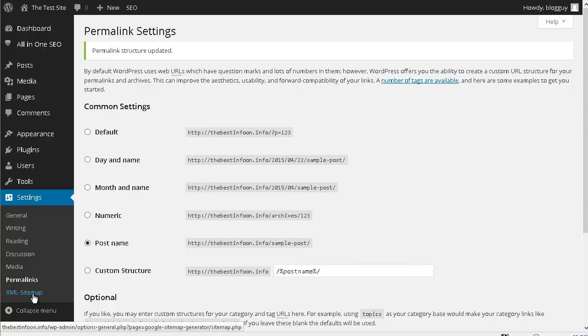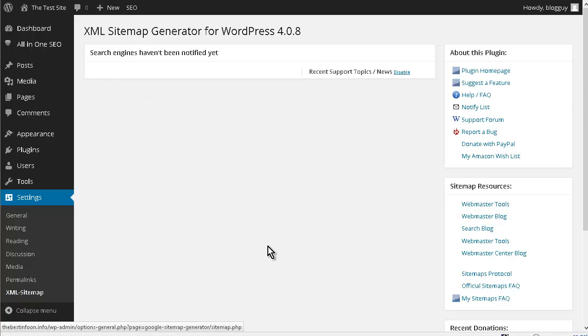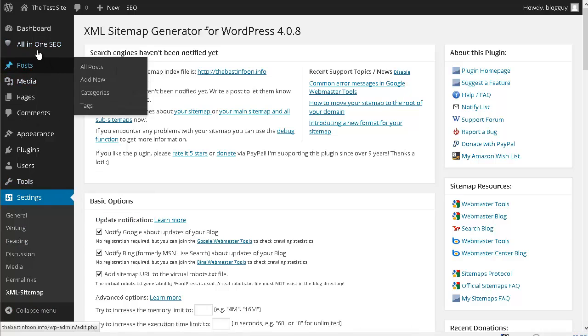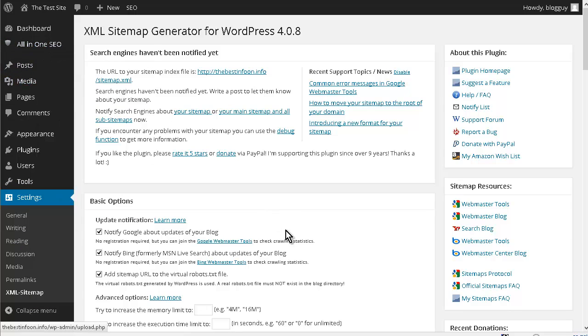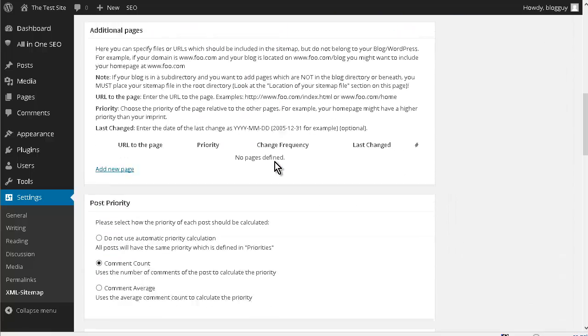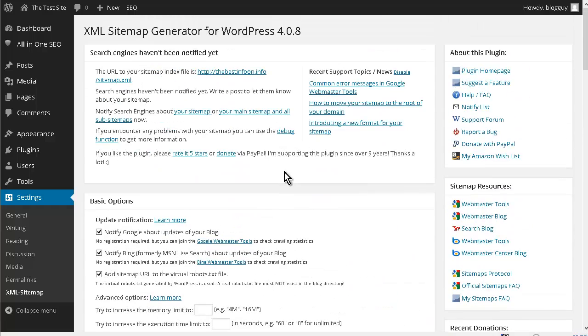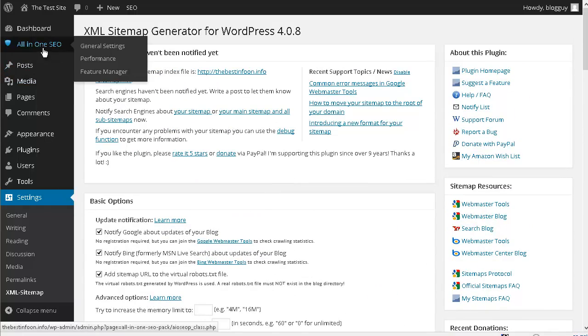Now we have here XML sitemap, and that's because we installed the Google XML sitemap. Okay, so whenever you install a plugin, you will see the settings either inside the settings here, or it will put it somewhere else in this bar on the left, and it could even put it up in here. I think the All in One SEO pack is up here, so we'll get to that in a minute. Okay, so at this point we can set up the way we want the XML sitemap to work. I'm just going to leave it at the defaults. And then All in One SEO,